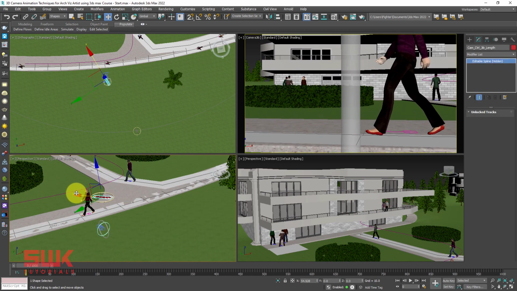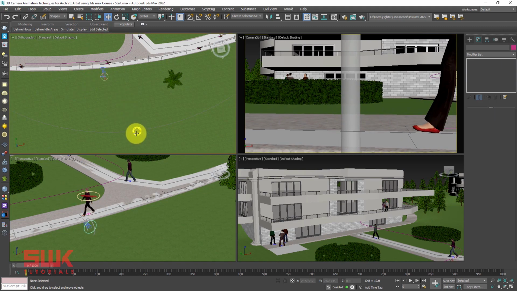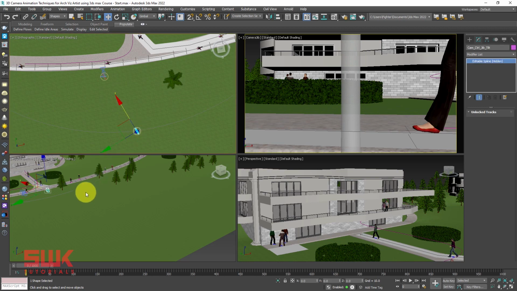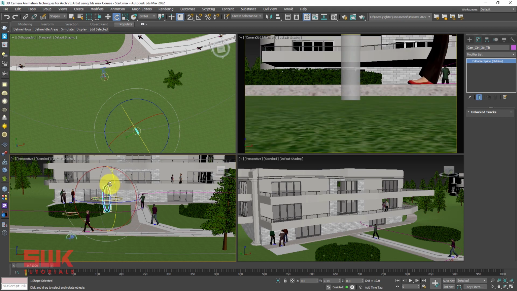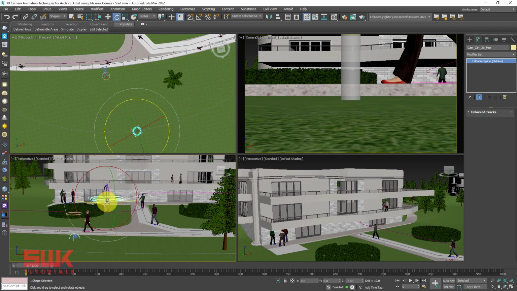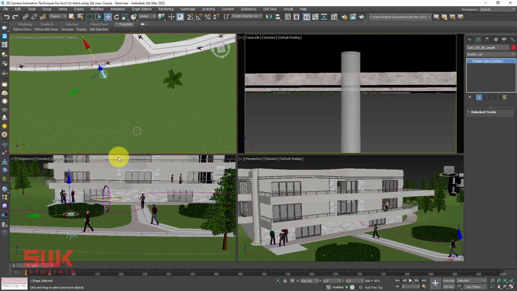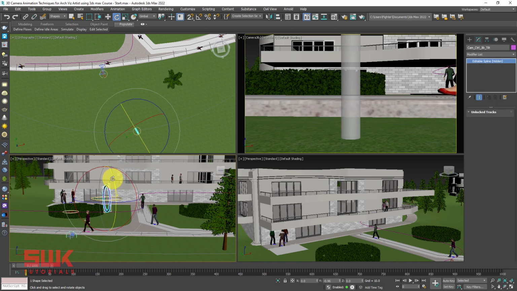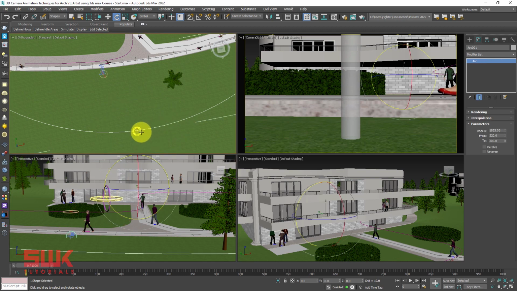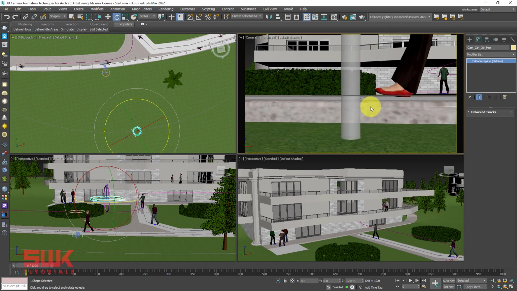Again, if you remember the previous rig, we used it to increase or decrease the length of the jib. Now select your tilt controller and bring it down like this, and then select your pan controller and bring it a little bit like this. Again select your length controller and move it a little bit forward, then select your tilt controller, and if the camera is down, bring it up like this. Again select it like this and move it a little bit like this. So your first angle is ready.